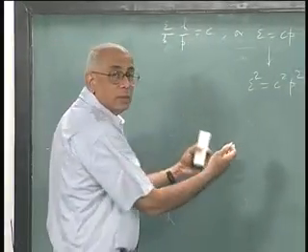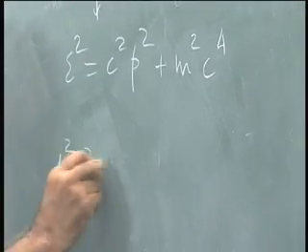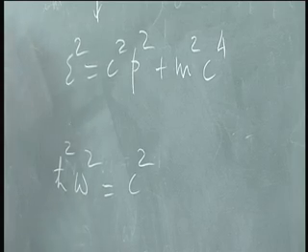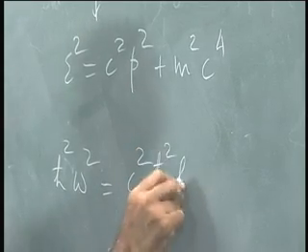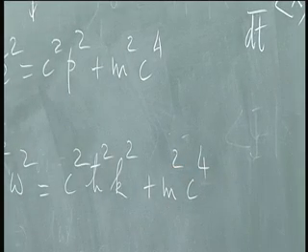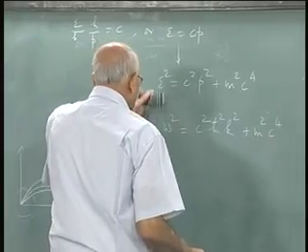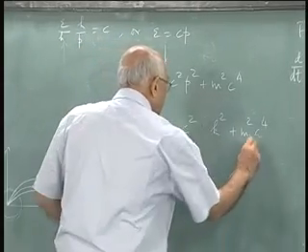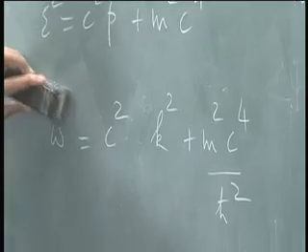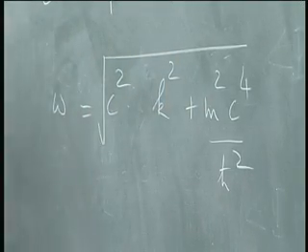And the moment you have this and I put epsilon equal to h cross omega, so you get h cross squared omega squared equals c squared times p squared, and p is h cross k, so h cross squared k squared, plus m squared c⁴. Now you have a different kettle of fish altogether. Let us divide by this, and omega is this fellow here. This is no longer a linear relation, and therefore d omega over dk is not the same as omega over